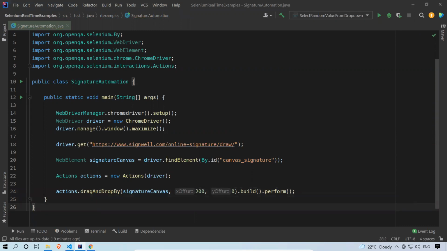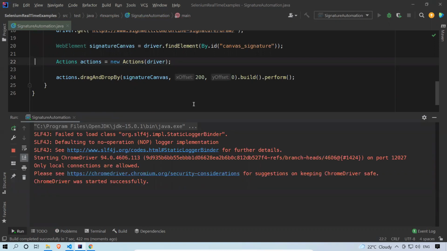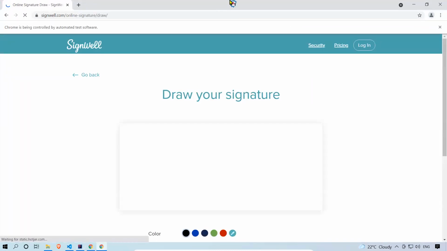If the application is very similar, it is this simple, but I'm not sure how other applications behave. If you have a similar kind of application, you can try this approach. Let me run this and see whether it works. You see that it draws a straight horizontal line.